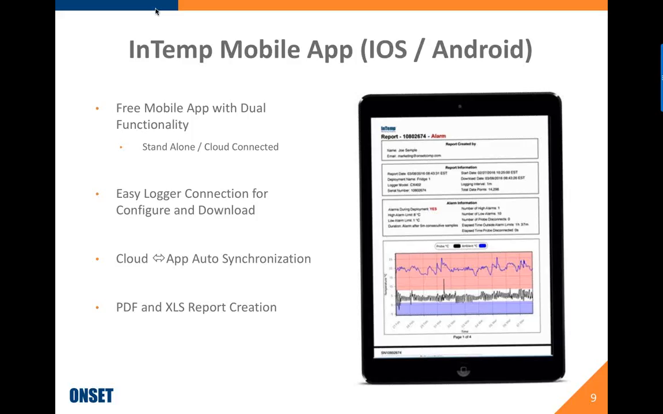Within the mobile application, not only can you push data to the cloud, but you can also create PDF and XLS reports. You can see a small example of one on the screen right now, but the reports include the username who launched it, the start dates, whether there were any alarms, a graph of what actually happened within the data, as well as different features, for instance, summary data. They show a list of all the loggers who were connected. They can show a list of all the information that's happened,